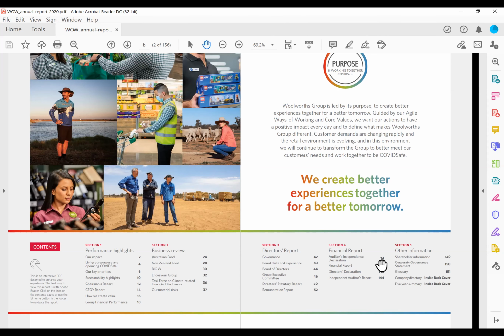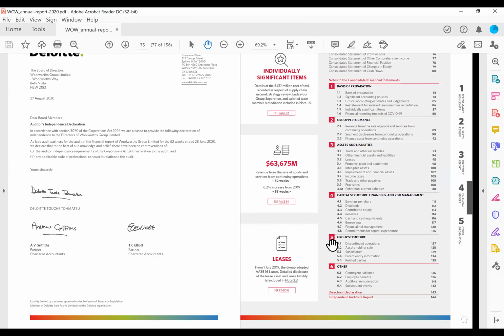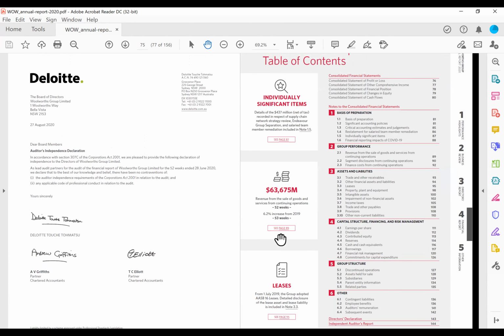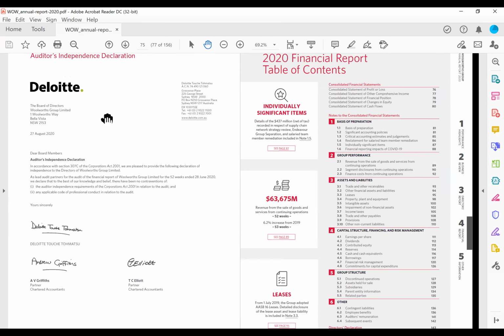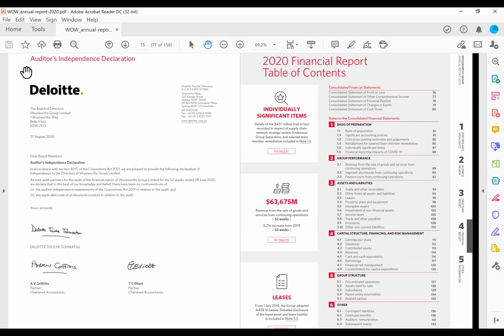So we can just click on the page 75, and that takes us to this page here, where you can see we have the table of contents for their financial statements and all of the notes. And just the page before that, we can see that this is the auditor's independence declaration. So it's not the auditor's report, but it's a declaration that the auditors are independent, that there's no association with the company,